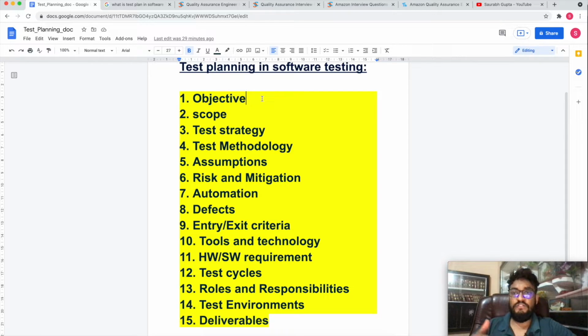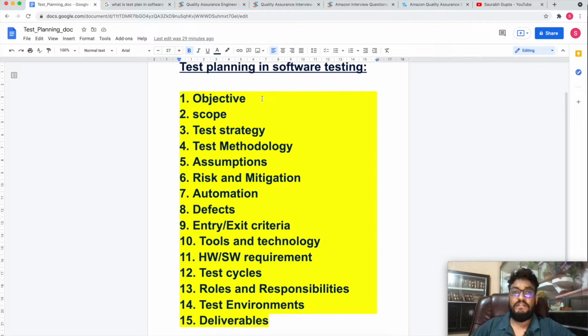If your scenario allows it, you go one step deeper into automation: what framework you're selecting, what language you will select, either C Sharp, Java, C++, or a tool such as Selenium, what kind of automation it will be, and who will be working on these activities. You will be telling all of this to the interviewer.